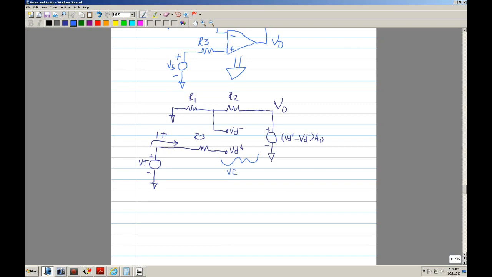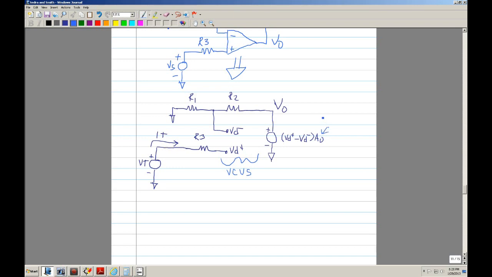It's a voltage controlled voltage source. Here's your VD minus, VD plus, and here's the voltage source. This voltage will amplify the differential between the VD plus and the VD minus, and it will multiply it times